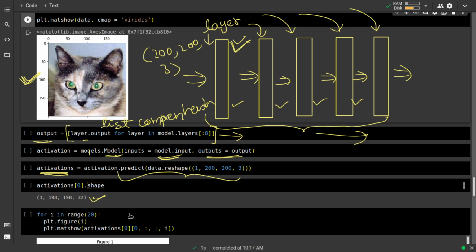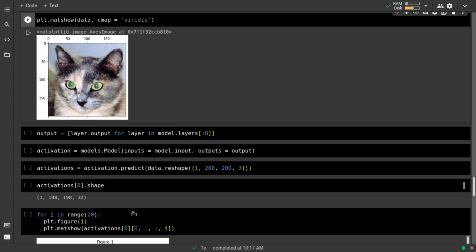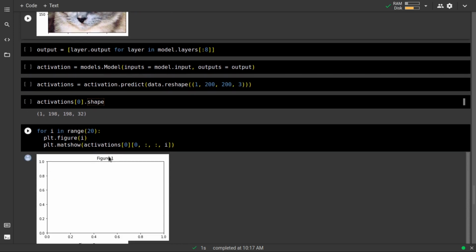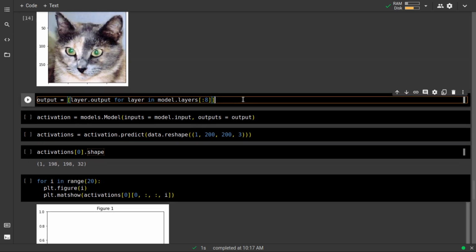So now let me actually show you what we can do. We can show using mat show what these activations are actually doing over here. All right, so let us try to understand what is actually happening over here. So I'll have to actually run this code.